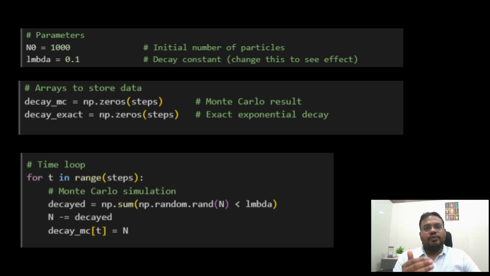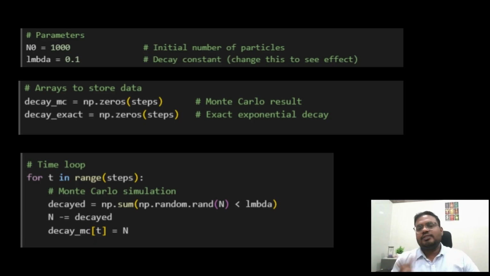If yes, the atom has decayed in this time step, and we count how many such decays occur using np.sum. Basically, we are simulating each atom individually and asking that individual atom, will you decay right now based on the probability? This is the basic logic.